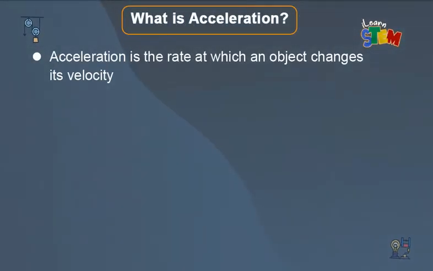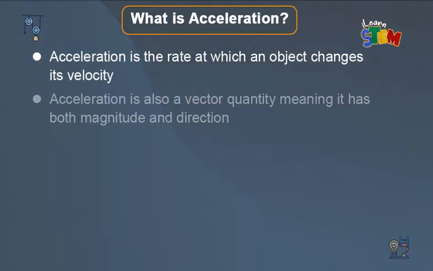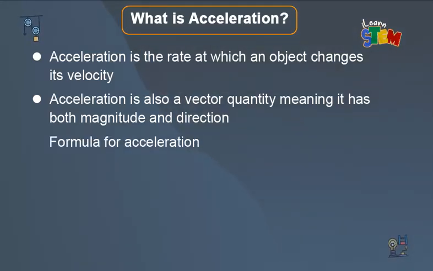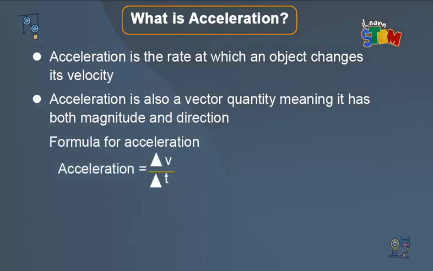Acceleration tells us how quickly an object's velocity is changing. Just like velocity, acceleration is a vector quantity, so it also has magnitude and direction. To find acceleration, we divide the change in velocity by the time taken, where the symbol represents the change in